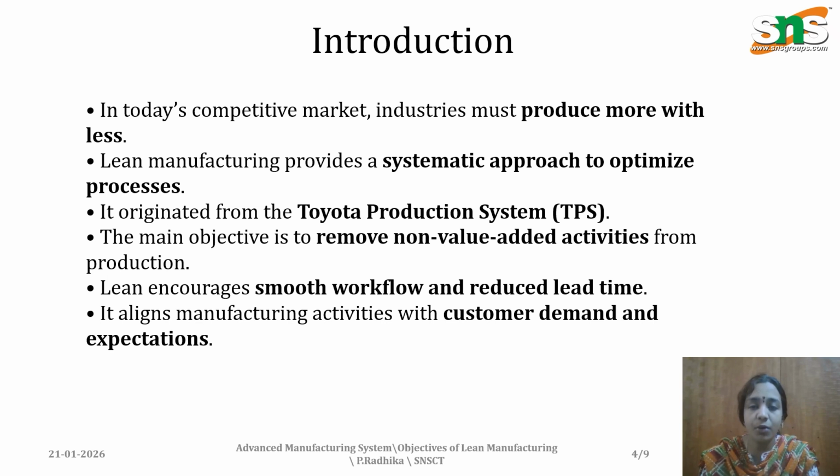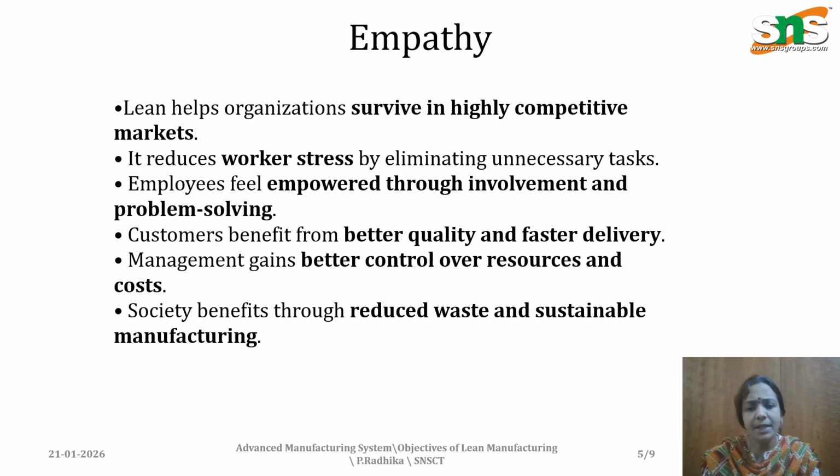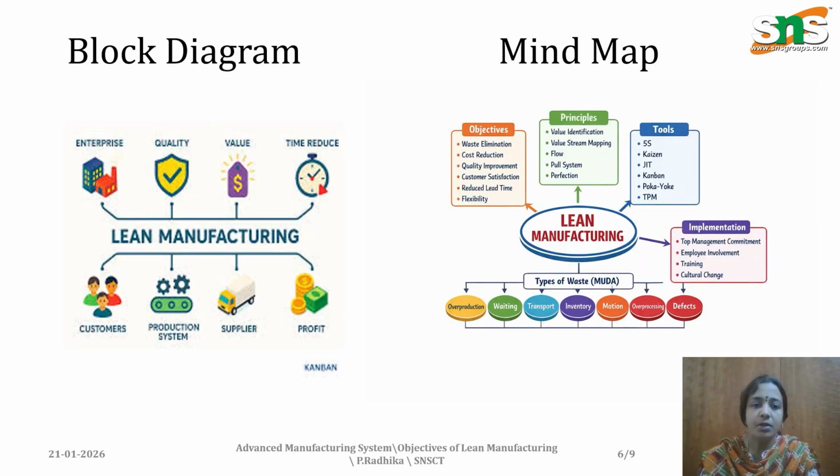The best example for this type of production is the Toyota Production System in a car manufacturing organization. The main emphasis for this is best quality and efficiency. Compared to traditional manufacturing, advanced manufacturing mainly focuses on high quality, timely delivery, and high production in a stress-free environment, 24/7 production. Here we have the block diagram for the lean manufacturing process.